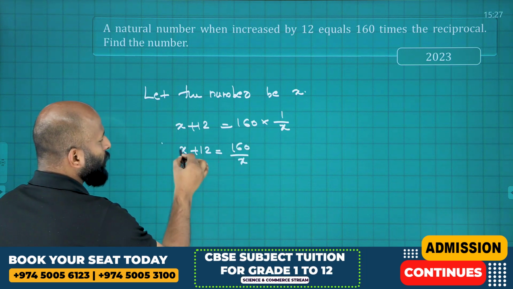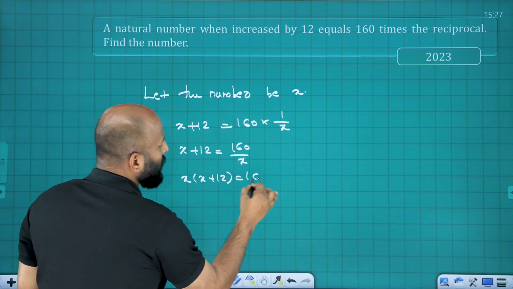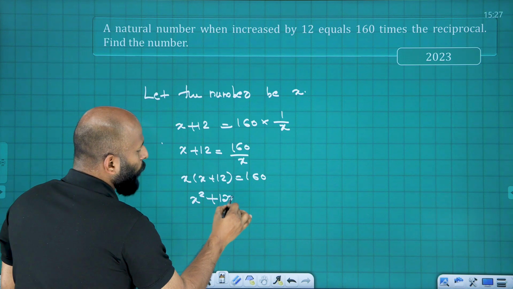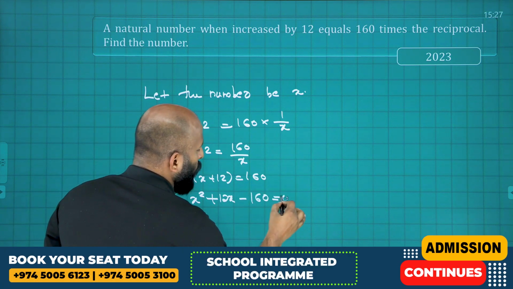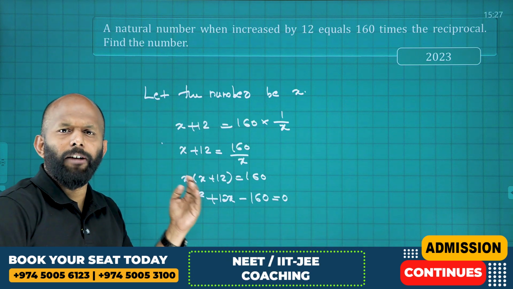Cross multiply x into x. x into x plus 12 is equal to 160. Now x into x becomes x square plus 12x, and 160 we can take it as minus 160 is equal to 0. Now this equation we can solve by the quadratic formula